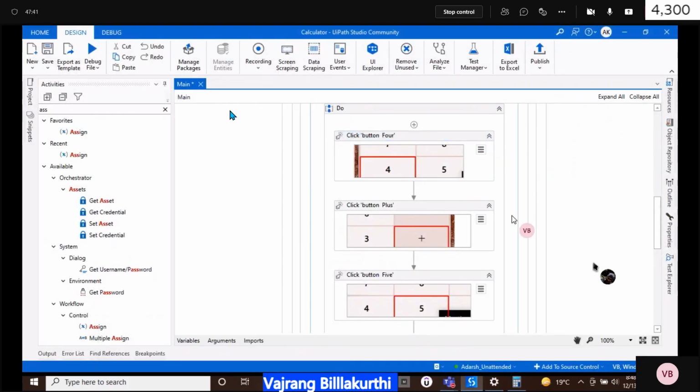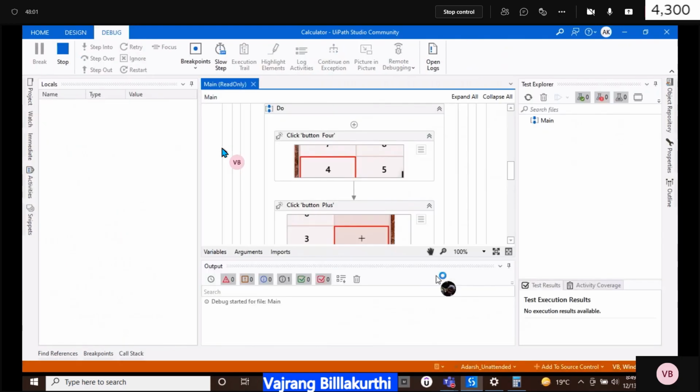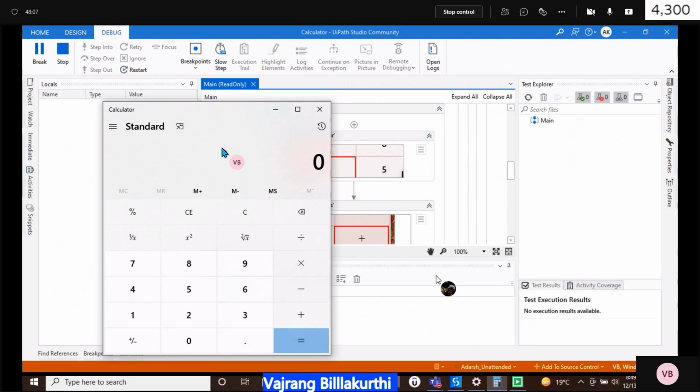Now let's go ahead and debug. I think we have not passed the values in variables.